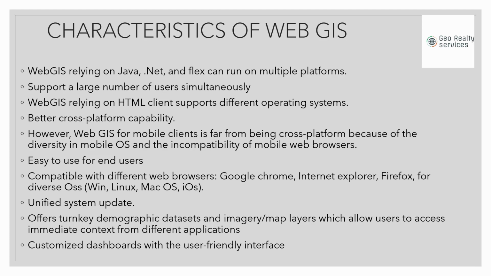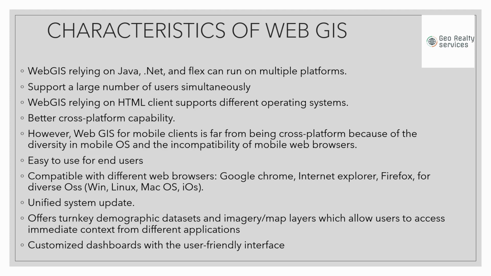Web GIS relies on Java and runs on multiple platforms. It supports a large number of users simultaneously. Web GIS relying on an HTML client supports different operating systems, with better cross-platform capability. However, Web GIS for mobile clients is far from being cross-platform because of the diversity in mobile OS and incompatibility